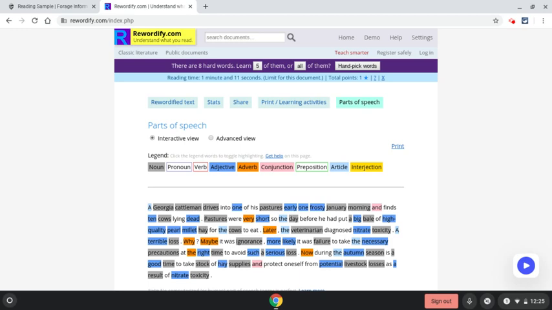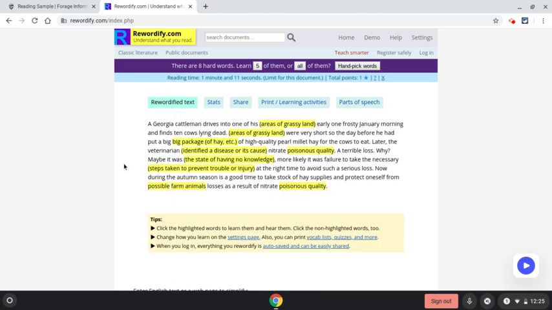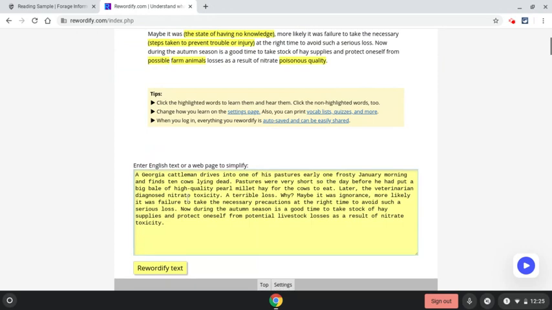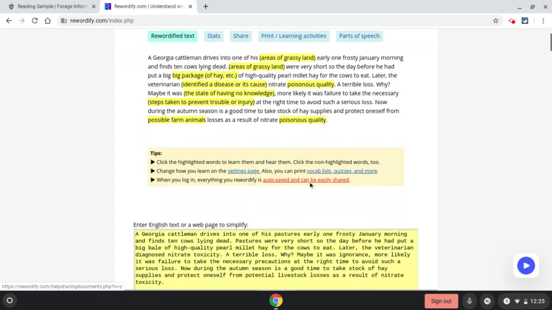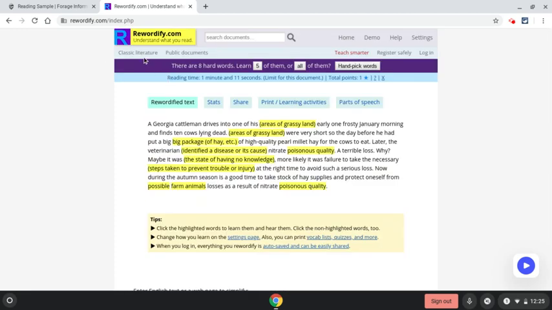Now that is a tool that is basic, meaning we can take anything online, any print text, and put it in there and have it rewordified. So here's your original text, and then here's my rewordified text with all of the words that have been changed. Another thing that I think is really fascinating about this tool is that it includes thousands of different classic